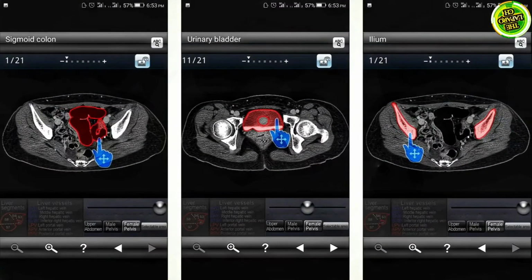Let's get technological help. The images shown are from a mobile phone application which helps us delineate various organs. Its name is given in the description. You just need to take the pointer to an organ and it will be highlighted, its name will be given and you can easily learn anatomy.